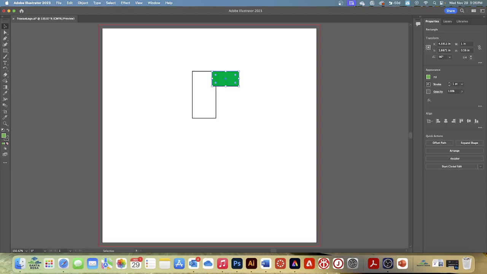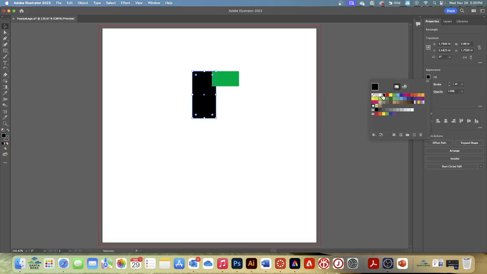And then we're going to click the stroke color box. Make sure the swatches is still there and click none, this red line, and that removes it so there's no stroke around it. Hit escape again. Now click the larger rectangle, click the fill color box, make sure swatches, and we're going to